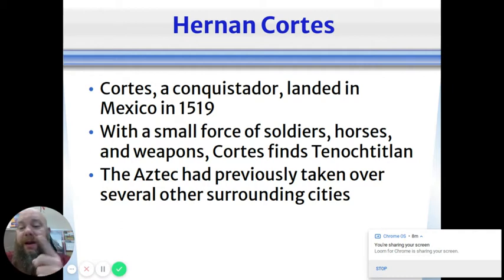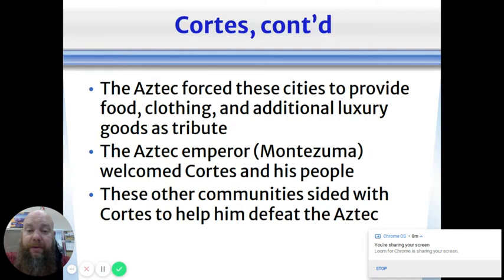Like we talked about in the last chapter, they were already in a situation where they were going out and conquering other lands to begin with. But anyway, Cortes, Montezuma, the leader of the Aztec, was actually really nice to Cortes. He was like, hey, what's up, buddy? Come in. He gave him a castle. He gave him all the food he could eat. He basically treated him like royalty. And this is how Cortes repays him.